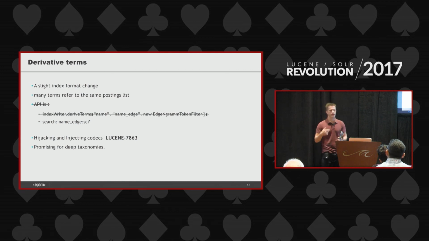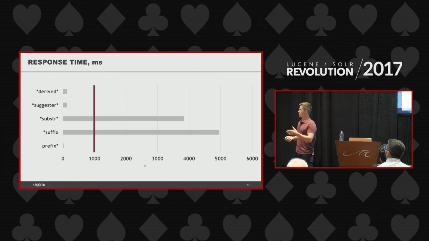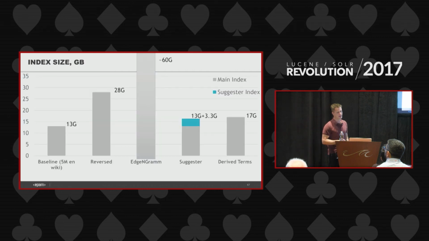And it requires quite expensive index processing and really blows up index size. And I really want to experiment with deep taxonomies on this prototype. And if we try to search with these tricky codecs, it responds quite fast. So we have a solution which searches for infixes quite fast, and it has a result index size smaller than